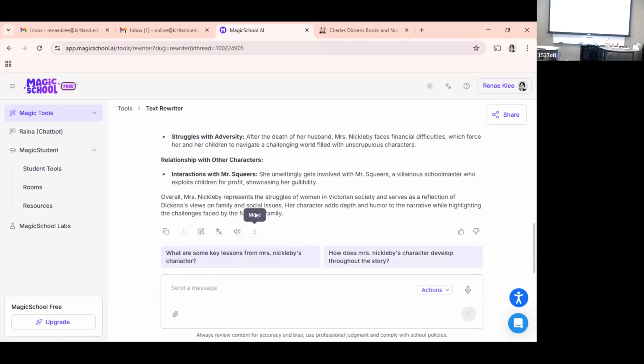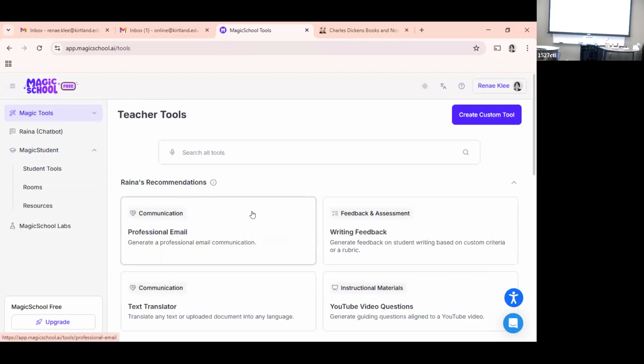Is there anything else before we go, or should we just continue playing around for the next couple of minutes? I think sifting through it is the way to figure out what you need, finding the tools that are most useful to you. If we wanted to take it to the next level, is that something the school would do, or would we buy it ourselves? That would probably be a conversation I would have with John, to say, do we want to do a college-wide subscription for a year and test it out, or how do we want to move forward with that?